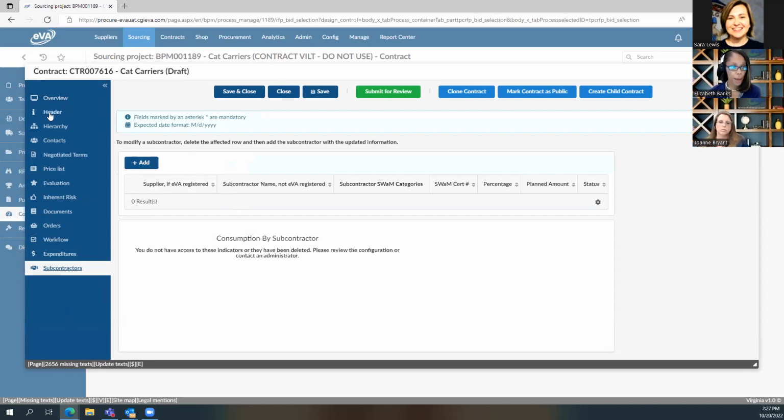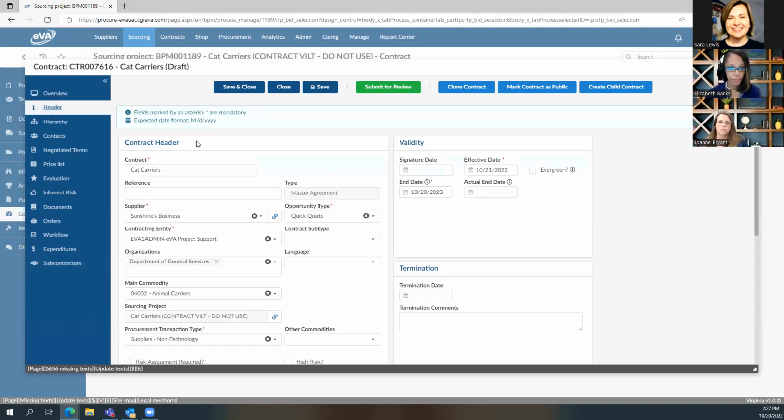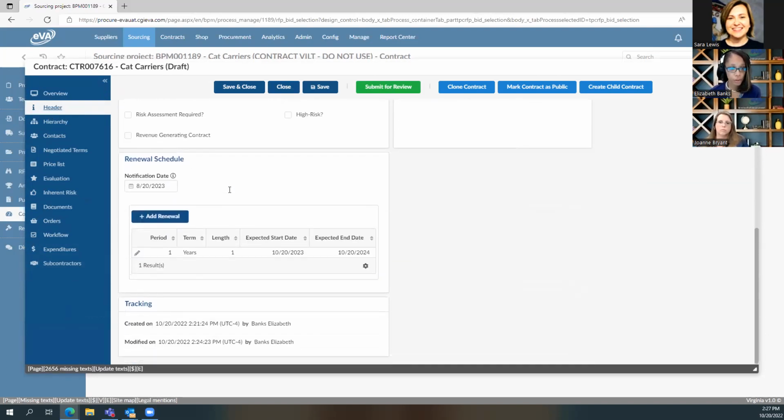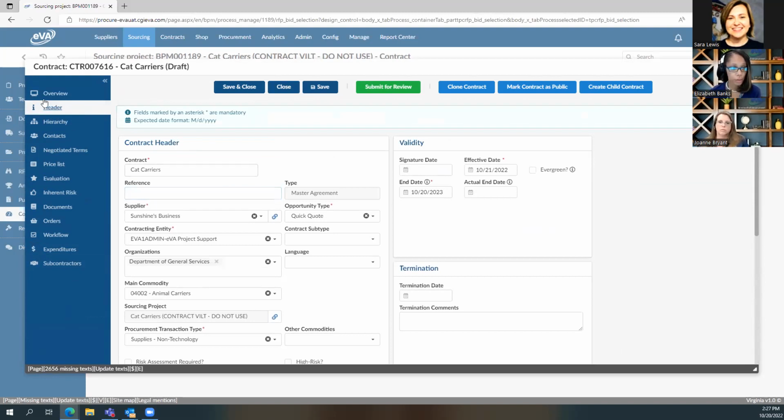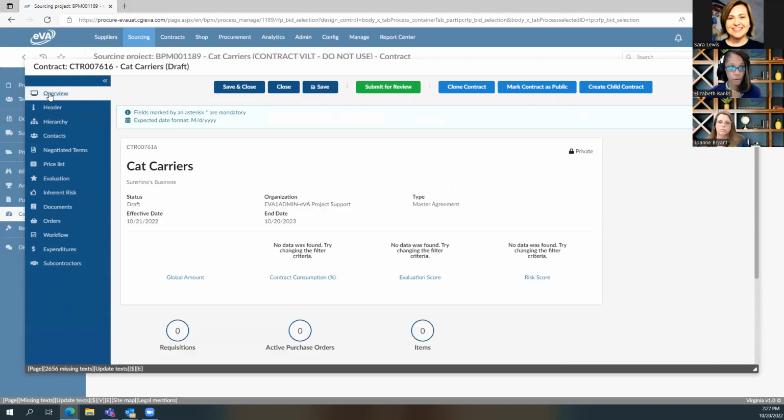So let's jump back to the header. We want to make sure everything is correct here on the header. And then finally, look at the overview. This is very important before you hit this green button. You want to mark this contract public. Per the policy, the APSPM section 3.19, and also the VPPA section 2.2, 1110, all contracts must be made public for transparency.